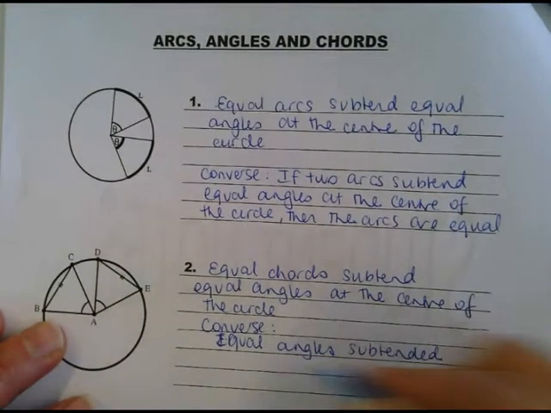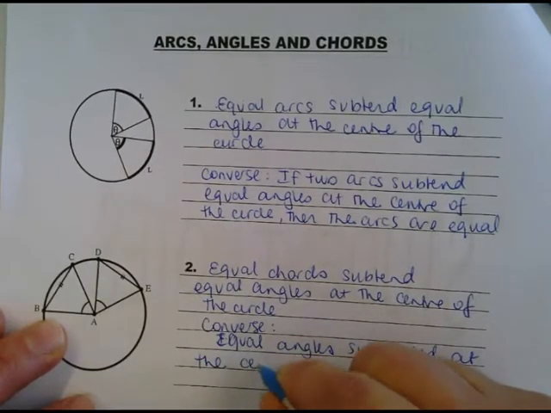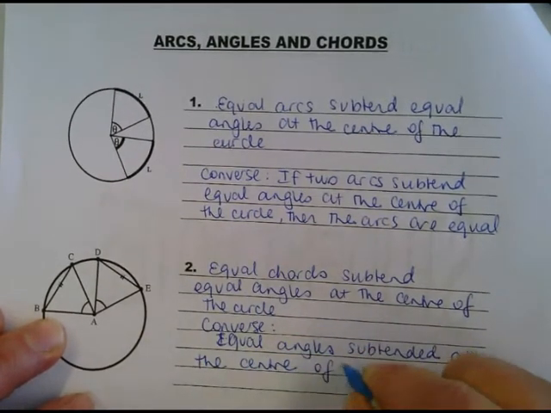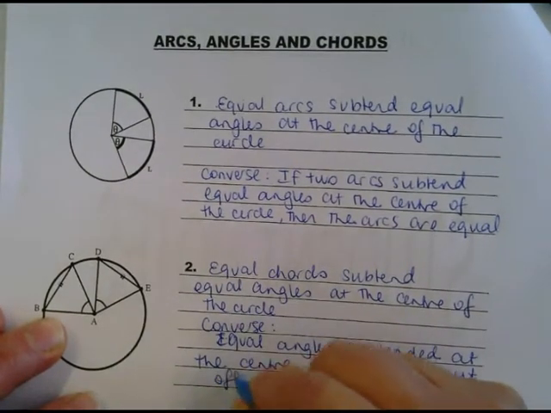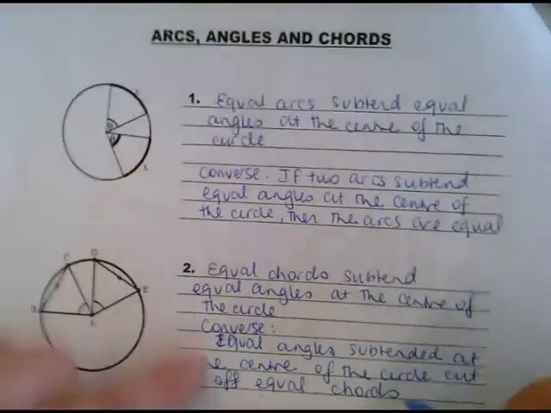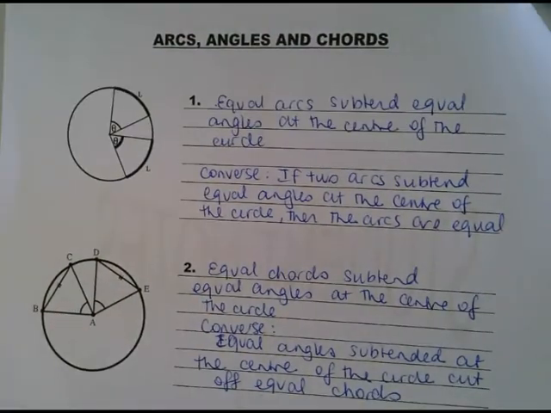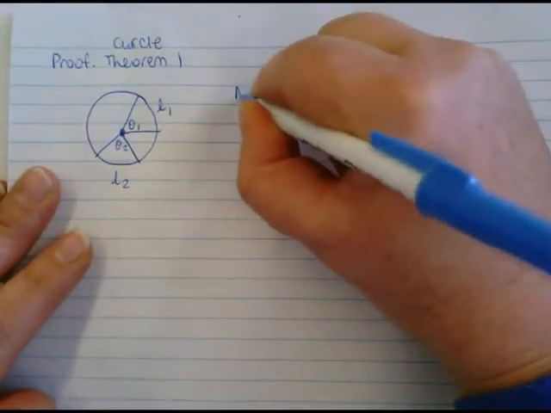So equal angles subtended at the center of the circle cut off equal chords. It's just showing you a different way of saying it. You could do the converse either way, as written in 1 or 2, just replacing chord and arc with each other. Arcs subtend equal angles at the center of the circle. Now we know that the arc length